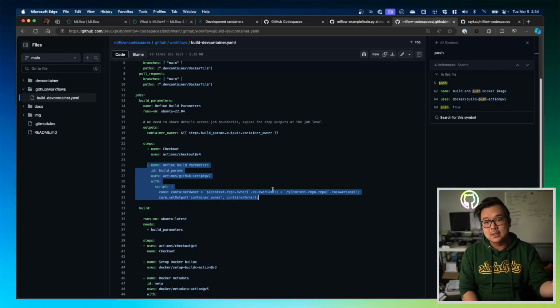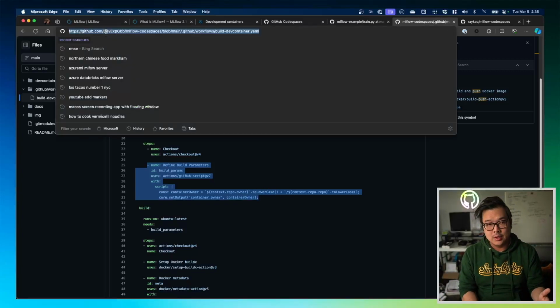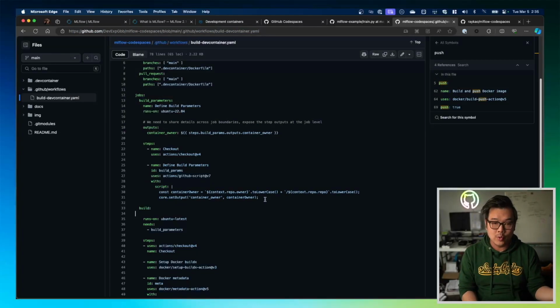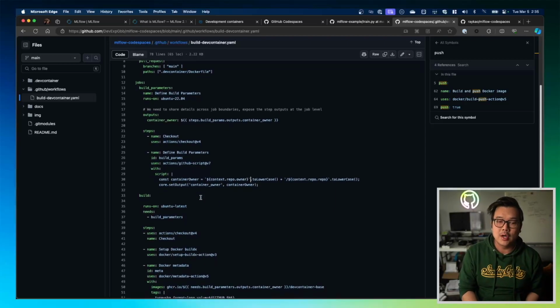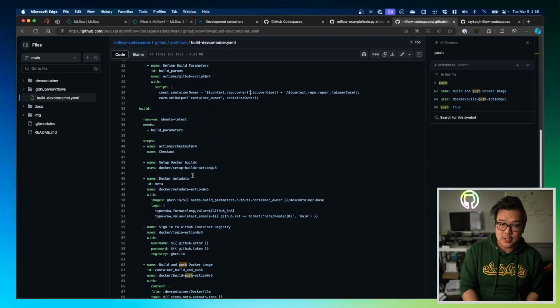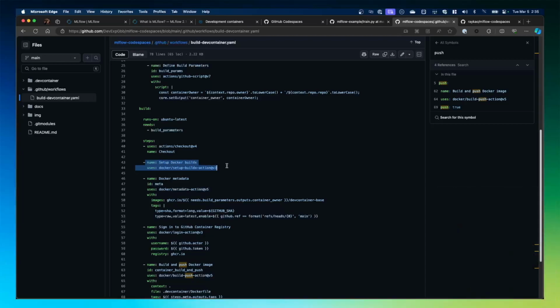And so I had to take the name of the repository, you see here, dev experience or XP GBB. I've camel cased this, and as a result, when I originally ran this, I had to run GitHub script to change or modify that to all lowercase, and then set that as an output that I can reuse in subsequent steps or jobs in this given environment. All right, that being the case, through here, again, I check out the environment. I can run the GitHub action to actually run a Docker build, and